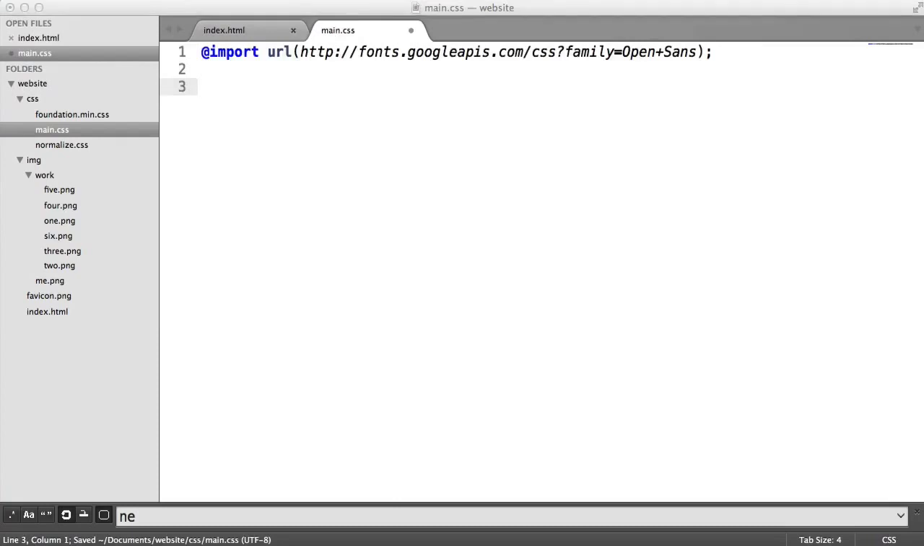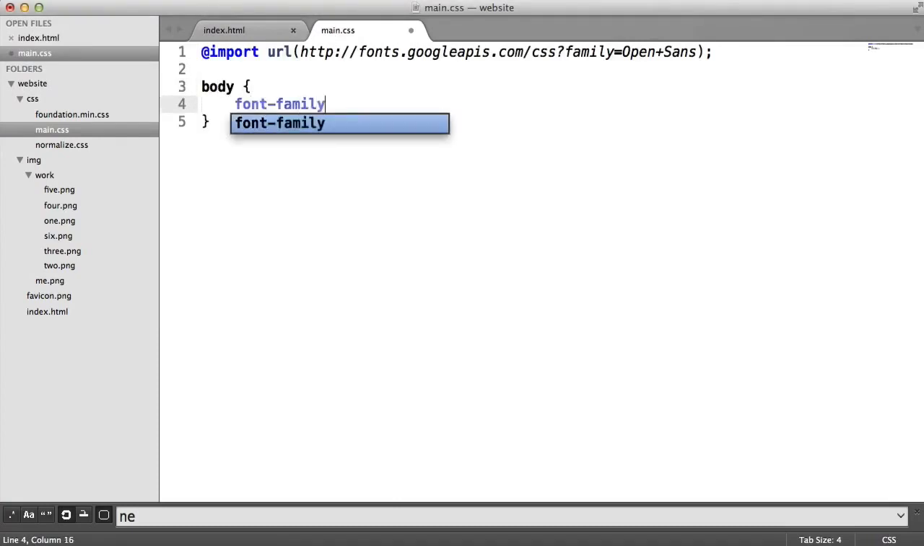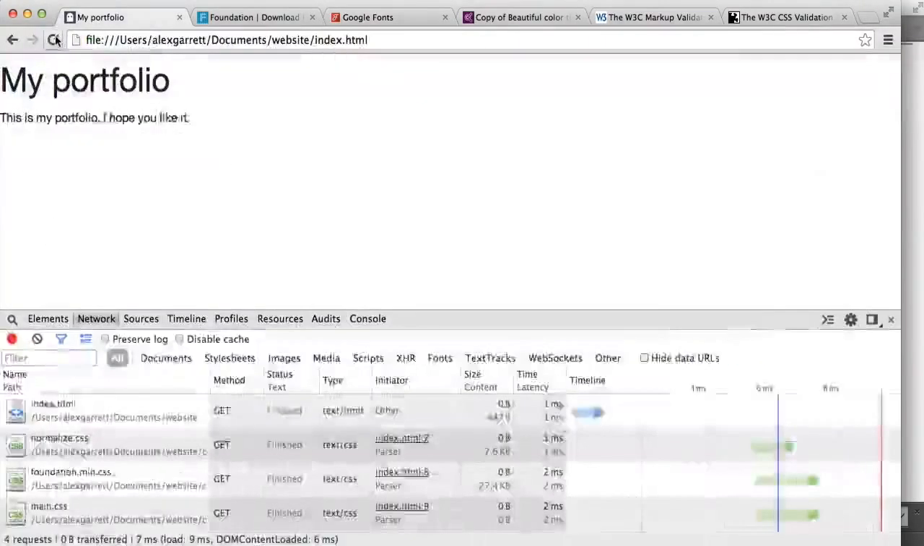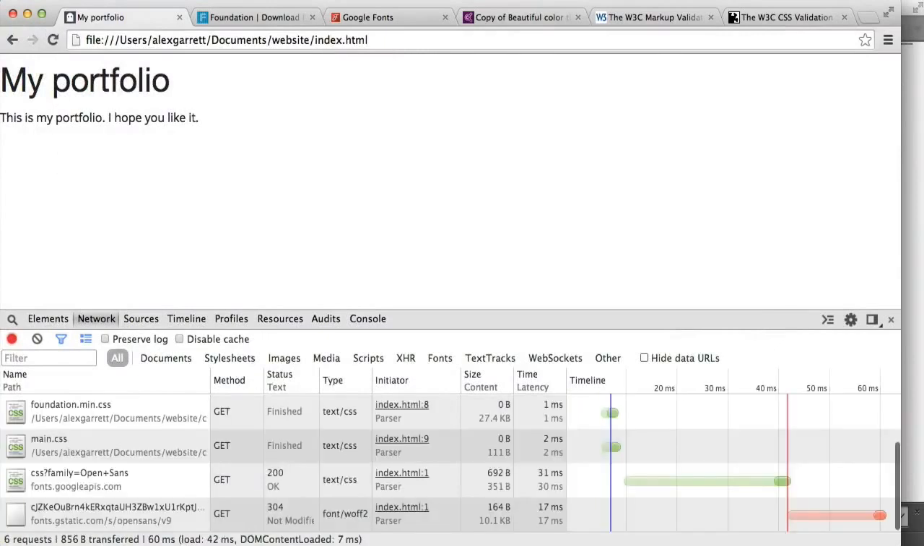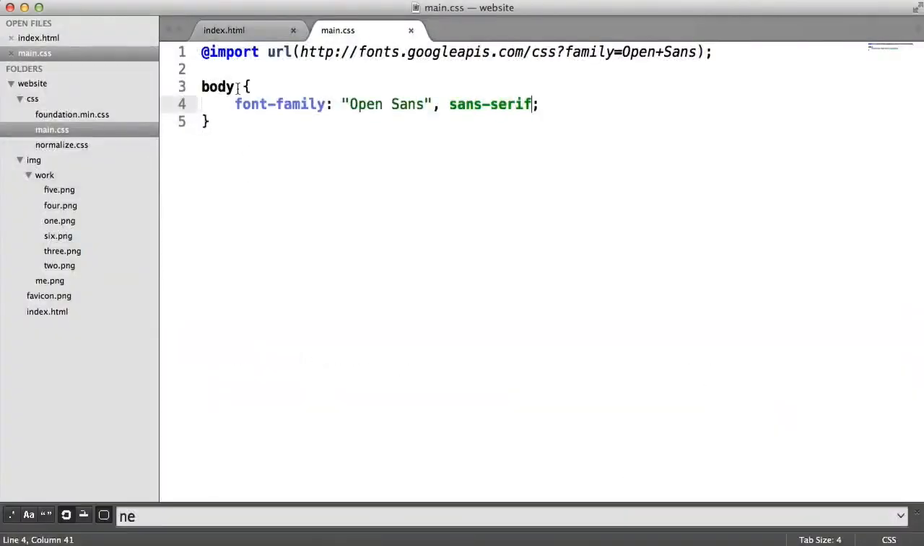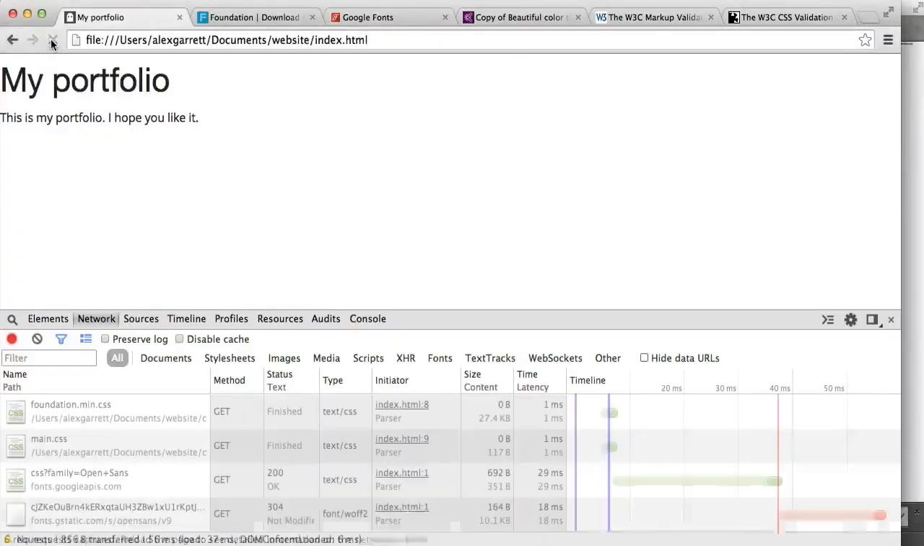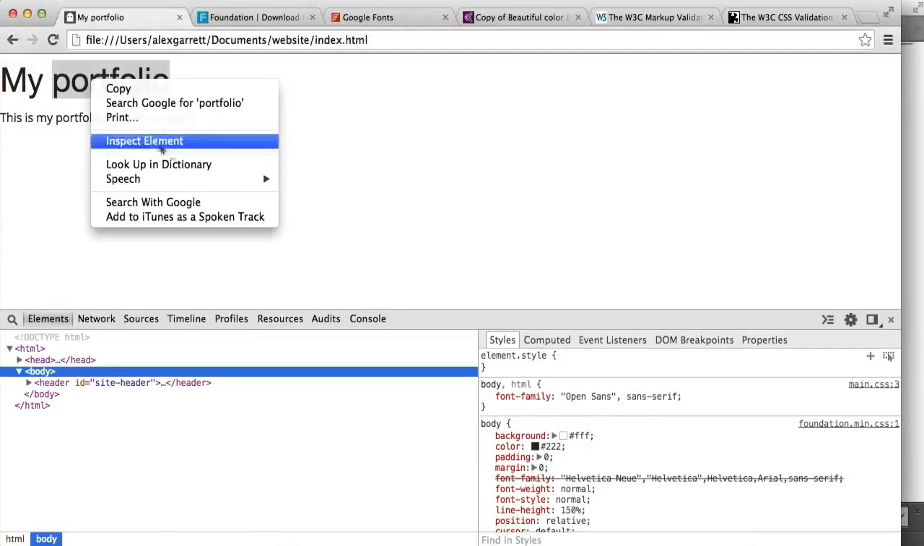And let's now create a body selector here. And let's change the font family to Open Sans. And we'll do a sans serif backup there. So we'll see that font change on here. Oops. Oh no. I think we need to do body HTML rather than just body. Oh, okay. So let's inspect why. The reason why this isn't working is because